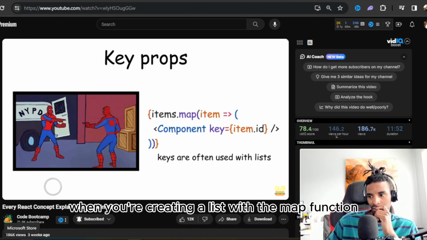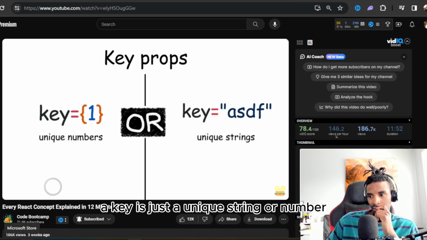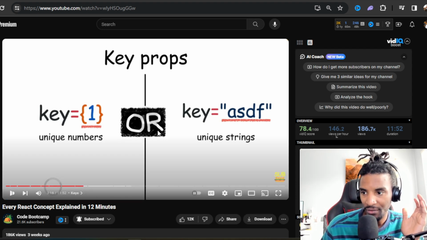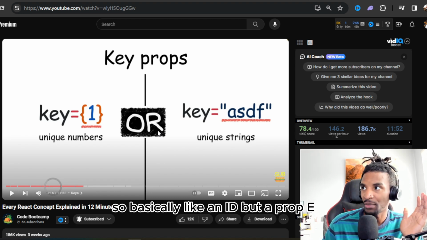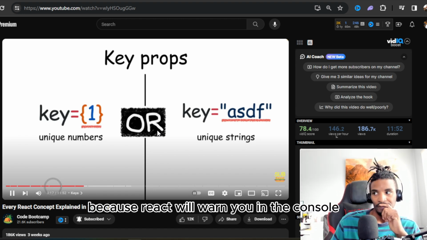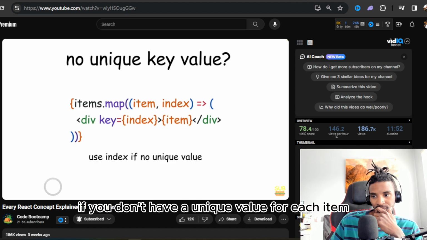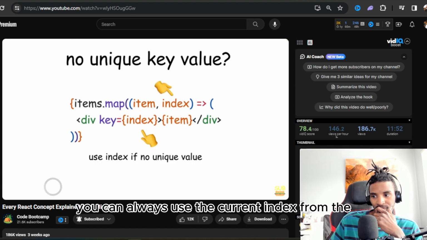Usually when you're creating a list with the map function, a key is just a unique string or number to identify a component. You'll usually know when you need to add a key, because React will warn you in the console. So basically like an ID, but a prop. Fortunately, if you don't have a unique value for each item, you can always use the current index from the